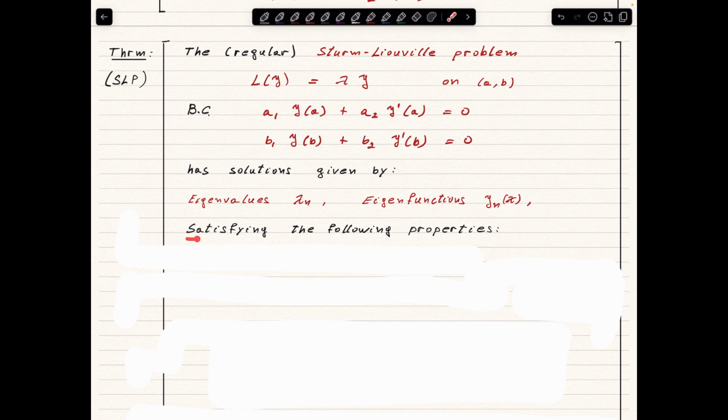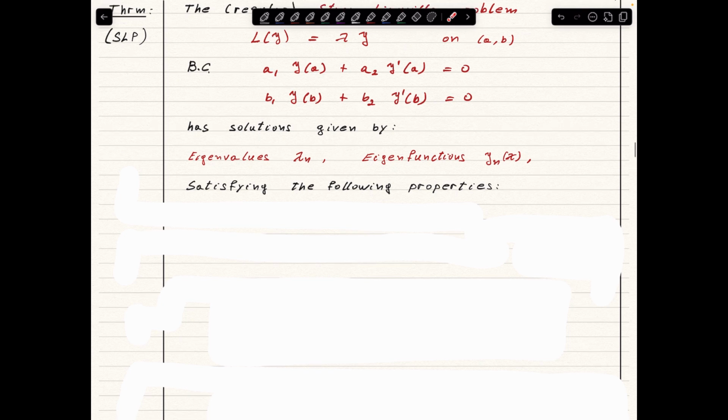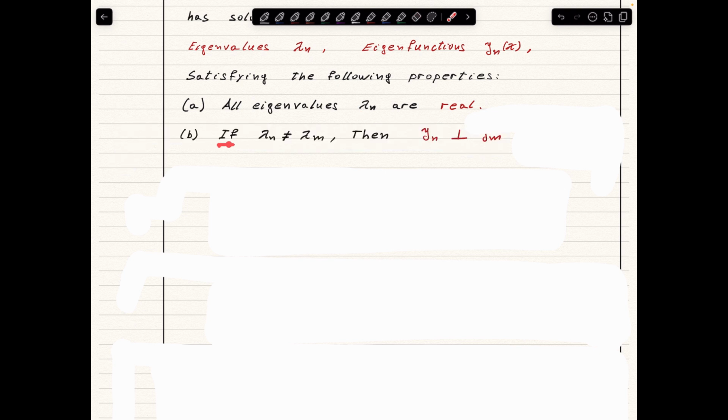And these eigenvalues and eigenvectors have the following properties. They have a lot of properties, and we are really interested in these properties. The first property is that we kind of assumed it, but actually it's an important property. All the eigenvalues lambda n are actually real valued. So, first property. Second property: if we have two eigenvalues of the Sturm-Liouville problem which are different, then the